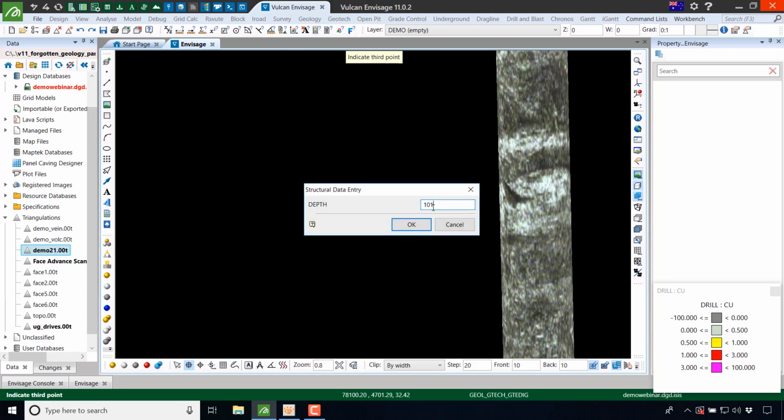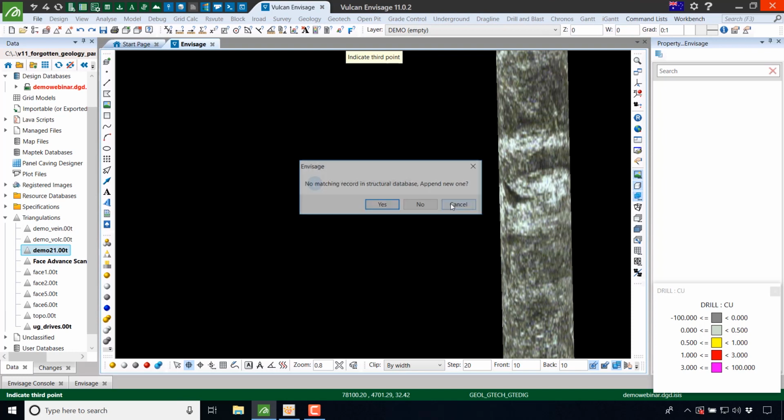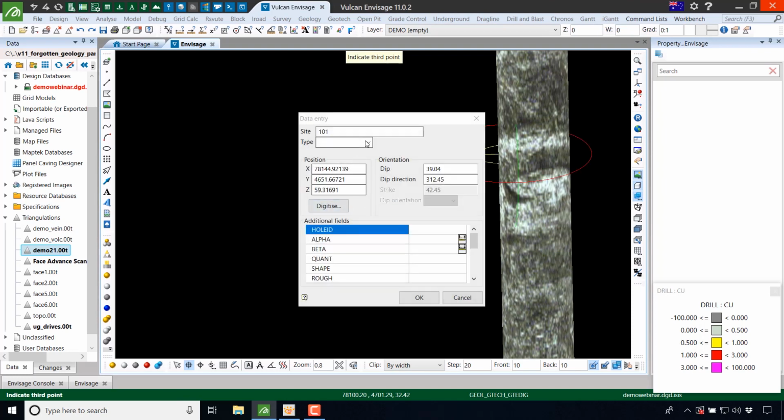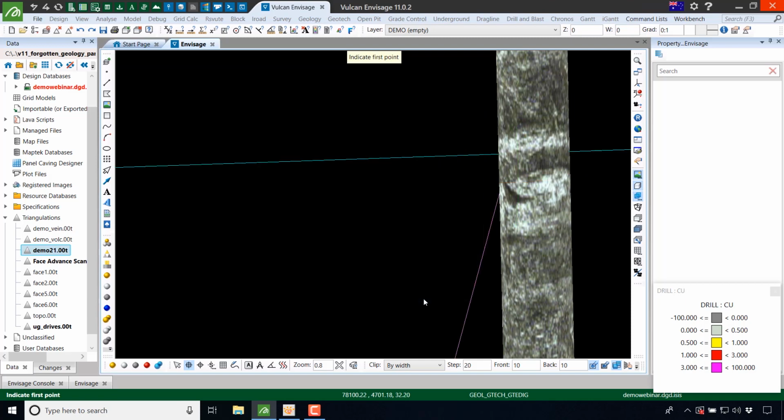And call that one 101, just to, yeah, that's fine. And again, I'll call that one bedding. And I'll call it 21 this time. Roughness, yeah, roughness number 2, etc. So whatever you fill in here will be stored in the geotech database. And once you've